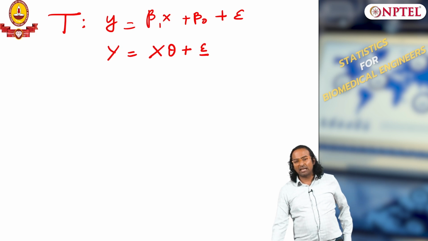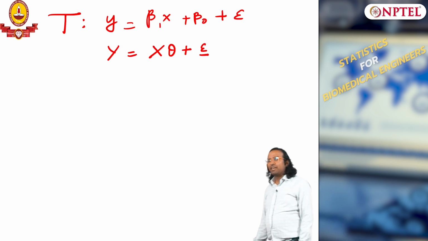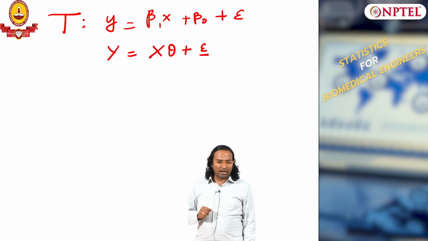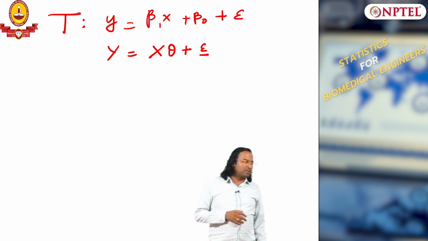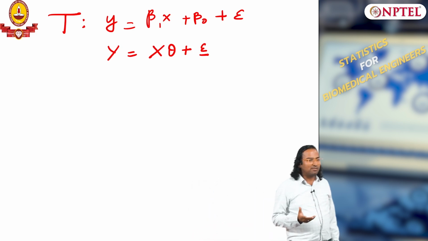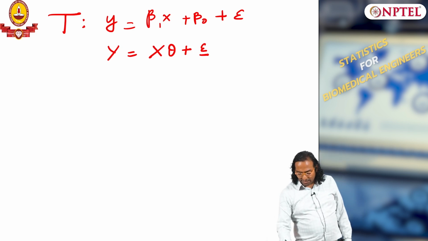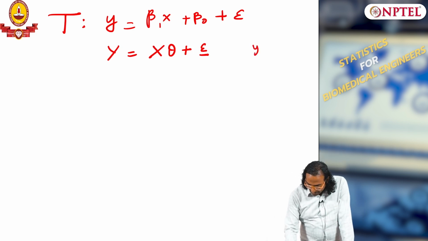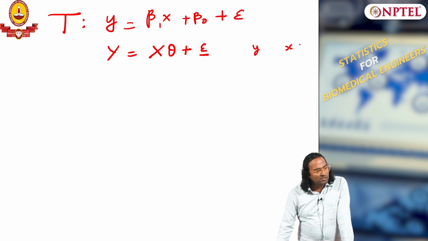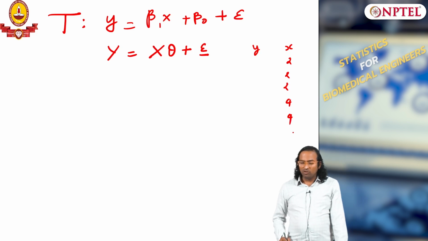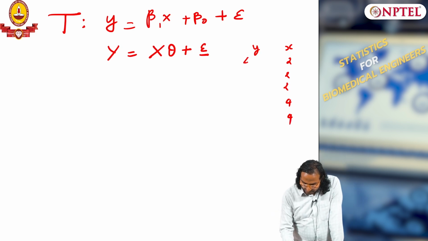Why am I assuming there is a noise? Remember, we are only modeling the random experiments, and the outcome of random experiments will never be a deterministic one. So, what you may get in reality, let us say you have Y, you have X. So, X is your input. Let us say I have 5 inputs 2, 2, 2, 4. You may get output as